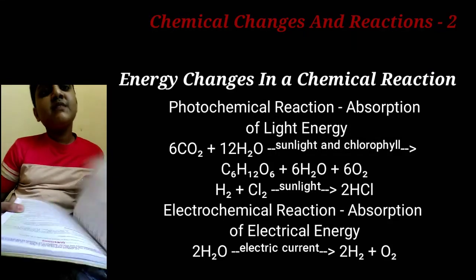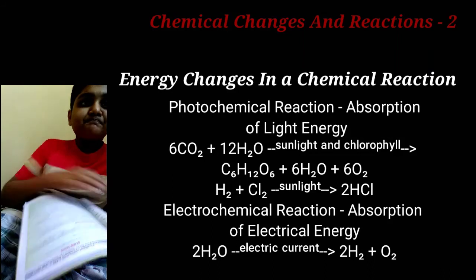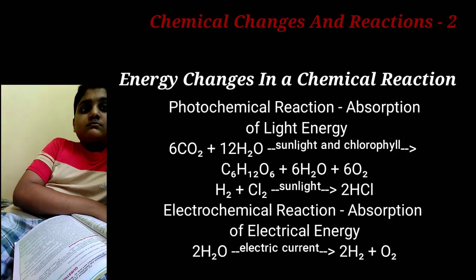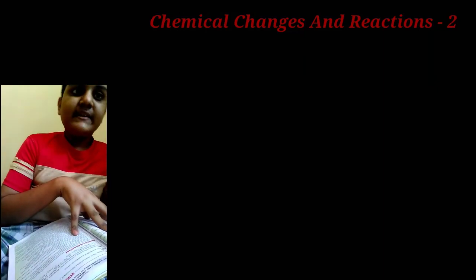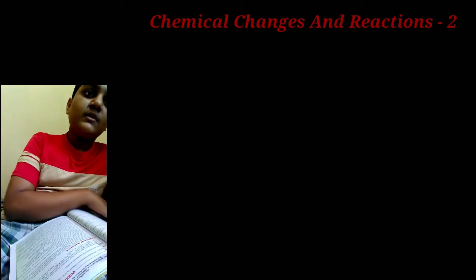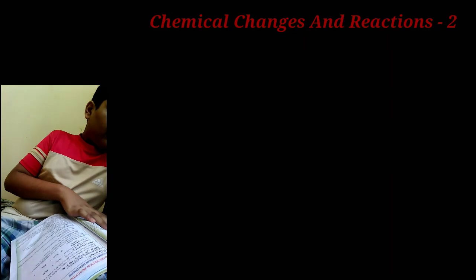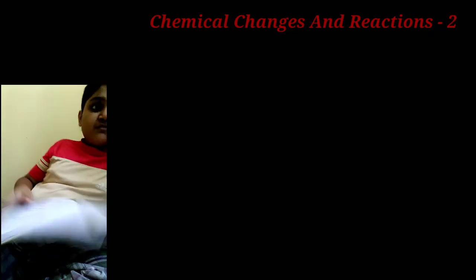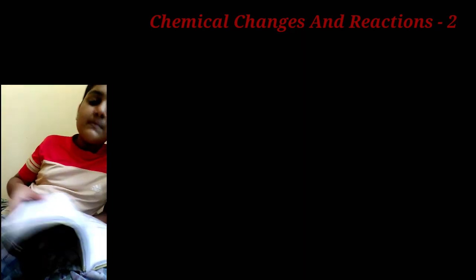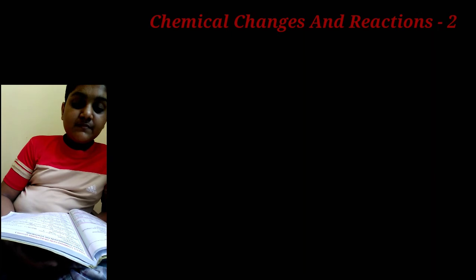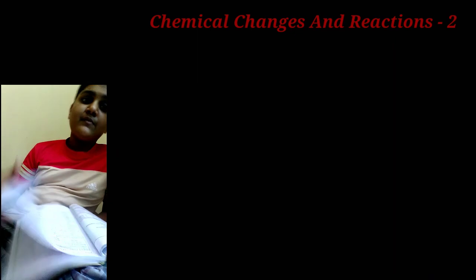What did we discuss in the chapter? We discussed what a chemical change is, what a chemical reaction is, and chemical bonds. After that, we discussed the representation of chemical reactions, then types of chemical reaction, direct combination with definition and examples. Then oxidation of metals and non-metals, metallic oxide plus water, non-metallic oxide plus water, and preparation of salts and gases such as sulfuric acid, ammonia and hydrogen chloride.